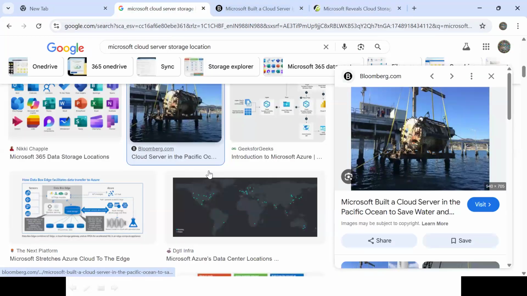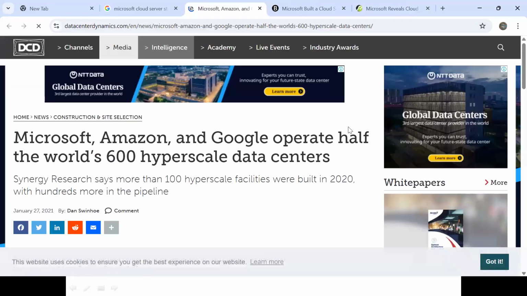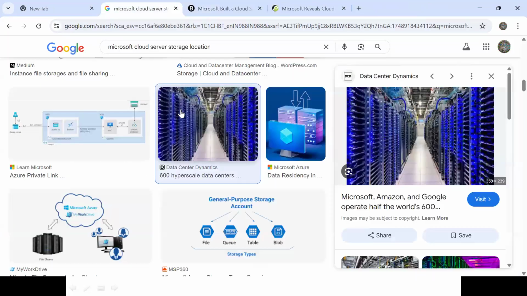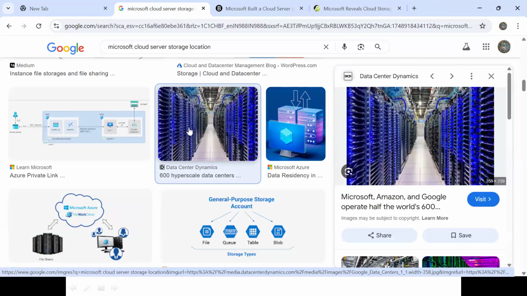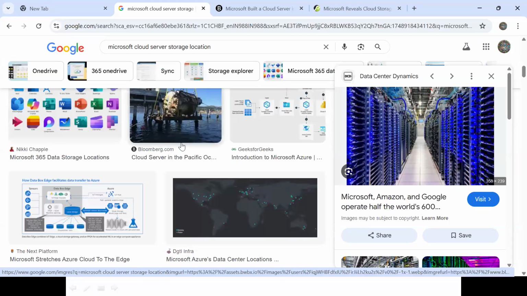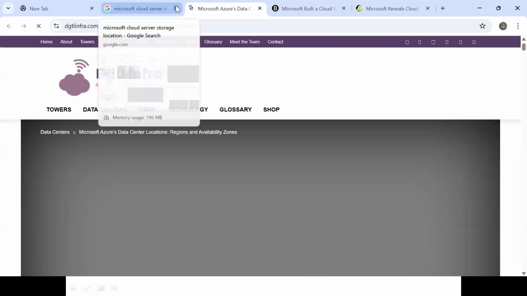Because if something goes wrong, everything will get impacted. So this is how the server storage rooms will be. Before, this storage happened within the organization, whoever was maintaining it. But now all cloud-based servers are stored in one place, in specific zones, and from there we are connecting. So you can get data from anywhere. If you see here, you can see clearly in this picture where all the storage points are.